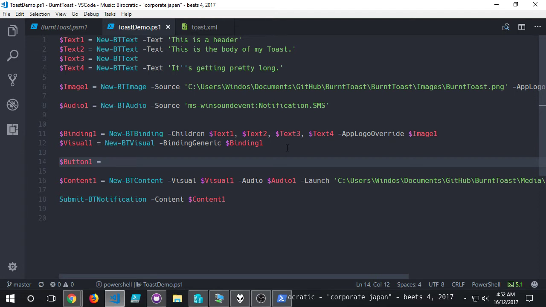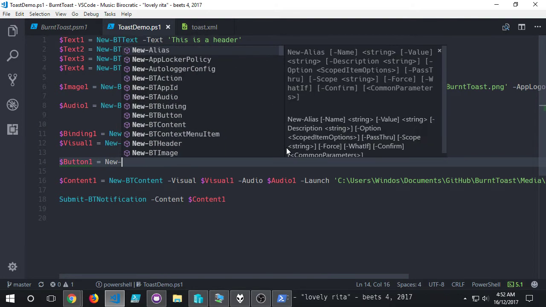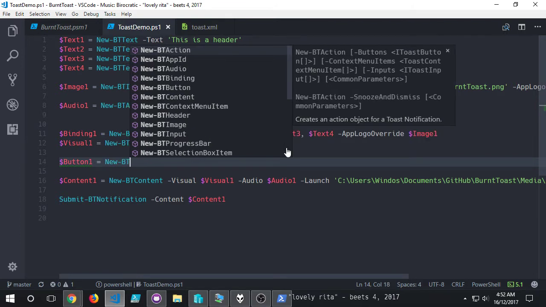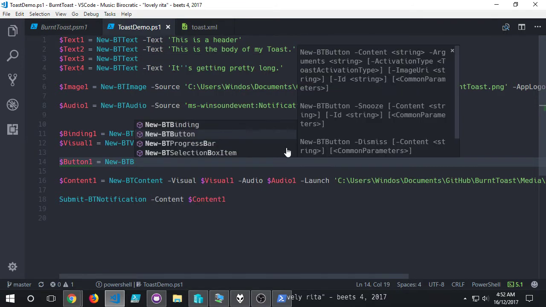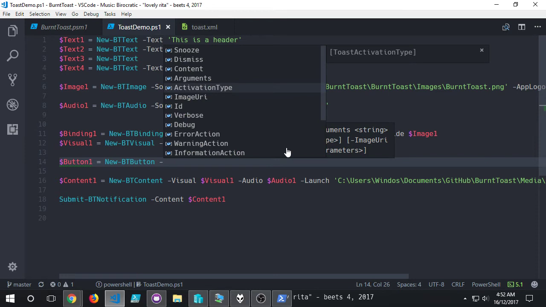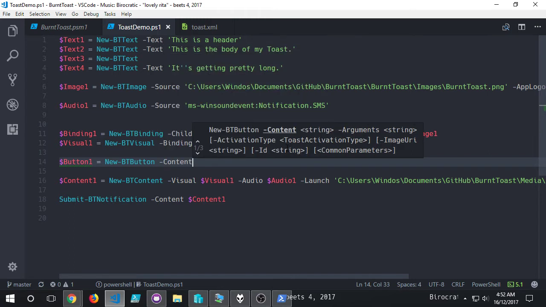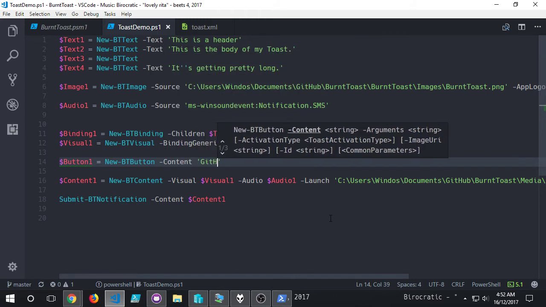Button 1, and if you can't guess by now, the function name is New-BTButton. So, content is what displays on the button itself,